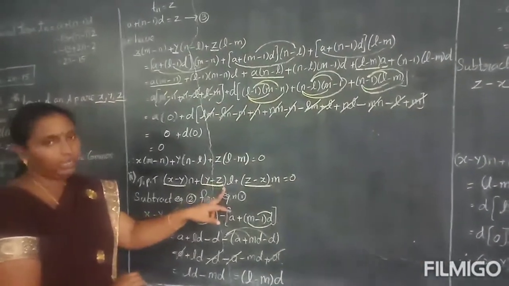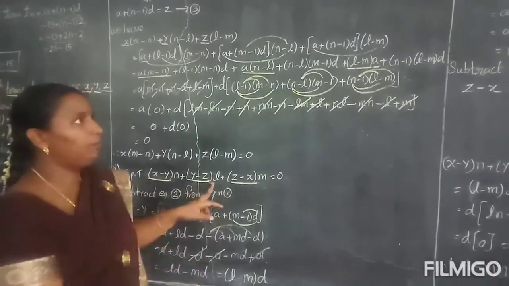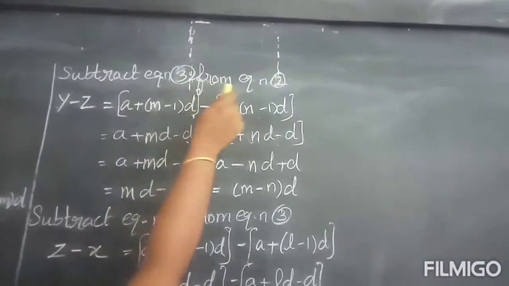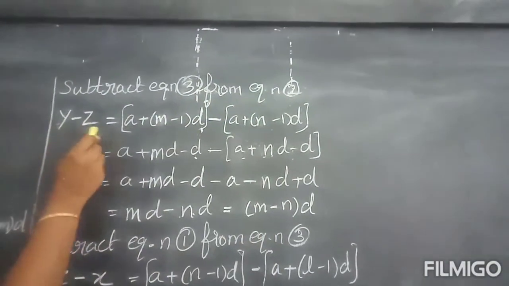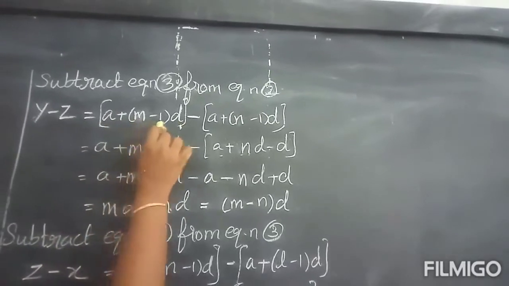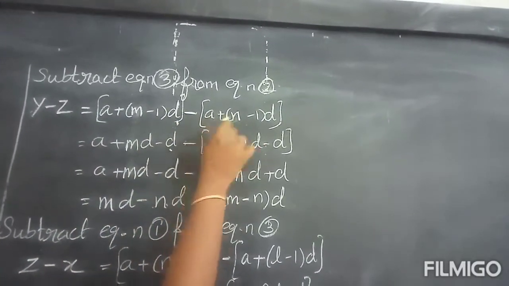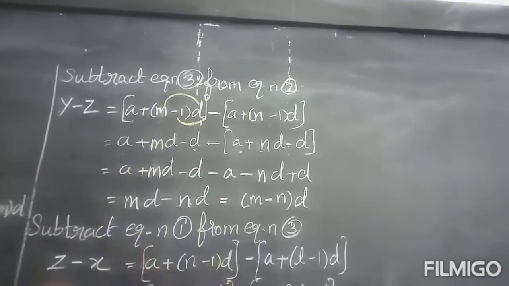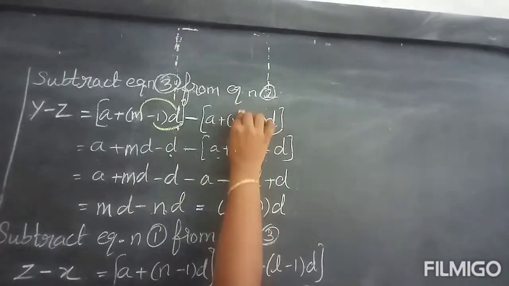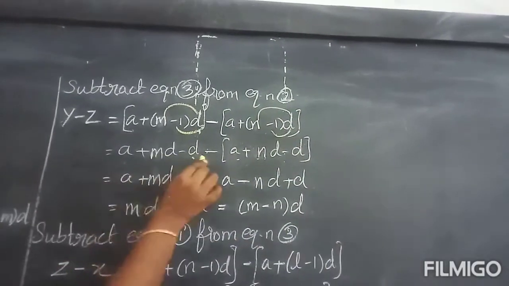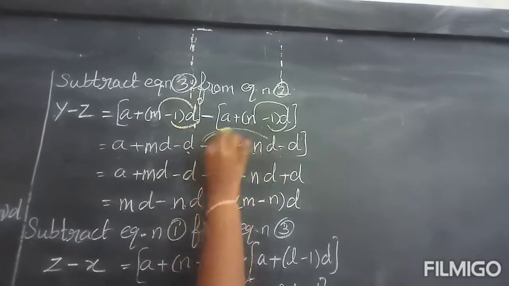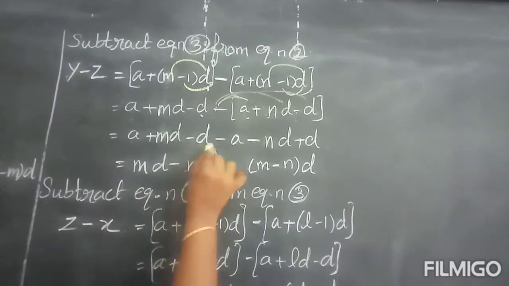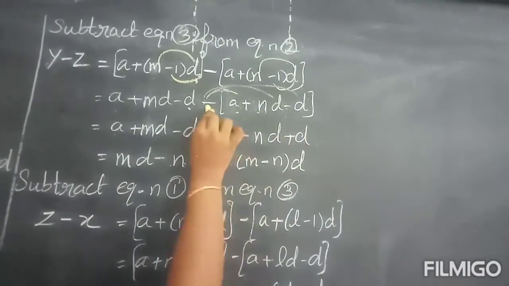So y minus z, now you have to subtract equation number 3 from 2. See here, subtract equation number 3 from 2, you will get y minus z equal to A plus (M minus 1) into D minus (A plus (N minus 1) into D). So A plus MD minus D. Next, A plus ND minus D. So I must now multiply with this minus. So I get here A plus MD minus D minus A minus ND, minus into minus